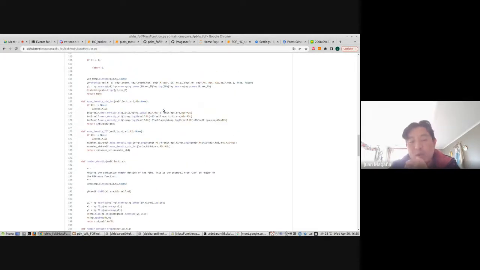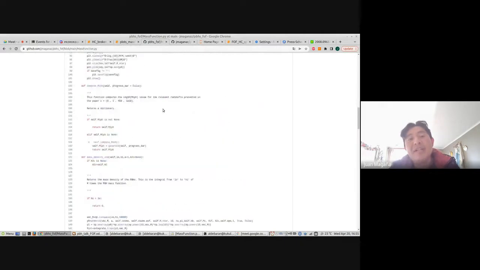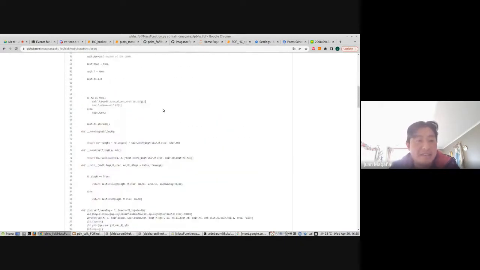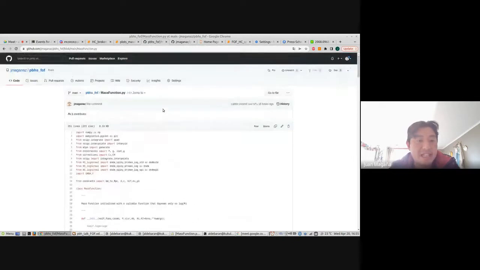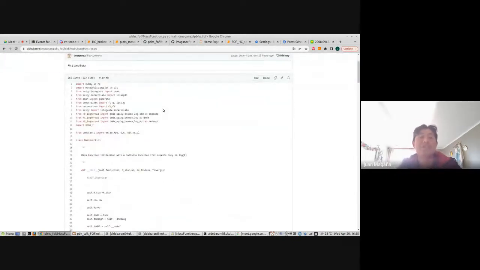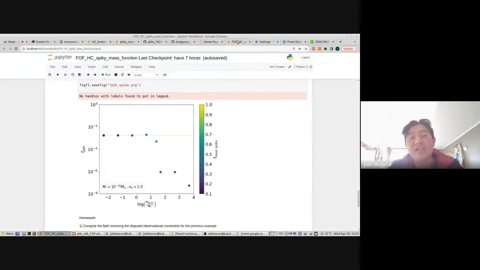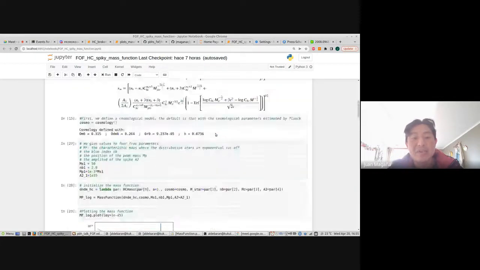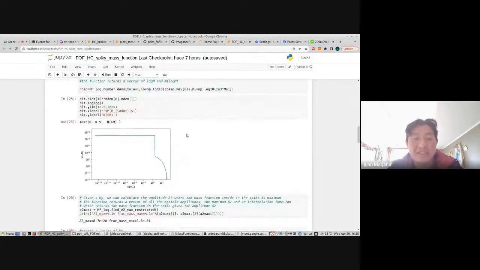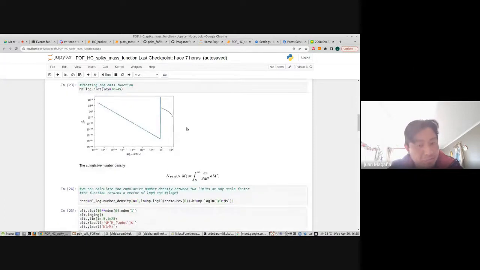Well, just to mention an interesting thing about this standard mass distribution with a spike: to calculate, for example, the number density or the mass density, we need to perform integrals.